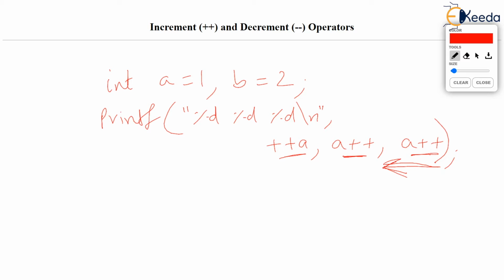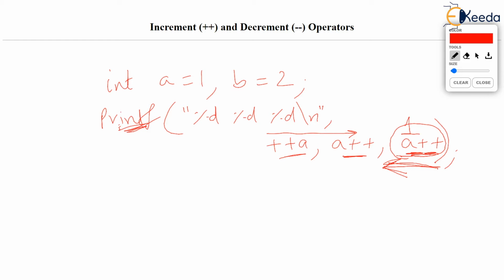First, the evaluation will be done from right to left, but the printing will be done from left to right. Let's see what I mean by this. Imagine this printf is running, but printf can't print anything before the expressions get evaluated. So the first expression that has to be evaluated is the last a++. Strange, isn't it? But that's the way it works. And what does a++ mean? Due to this expression, printf is going to print the current value of a, that is 1, because this is postfix.